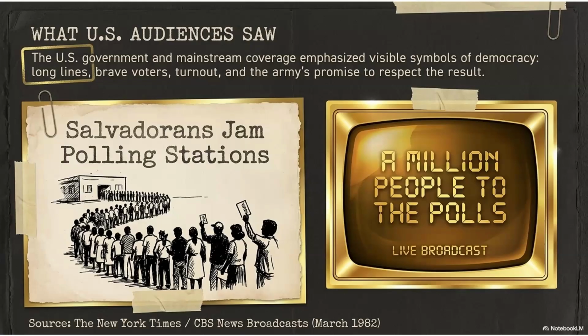But Herman and Chomsky point out several problems with this framing. First, no voters were killed and no polling stations were attacked on election day, and rebel military activity was actually below average. Second, the media heavily repeated claims of rebel disruption without properly grounding them in rebel sources. Third, the media did not foreground the coercive conditions around voting. So the cues may have been real, but their meaning was constructed. The media frame transformed turnout into democratic proof, while ignoring the possibility that turnout could also be shaped by fear, legal pressure, and survival.